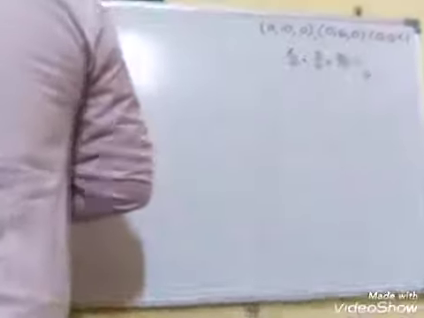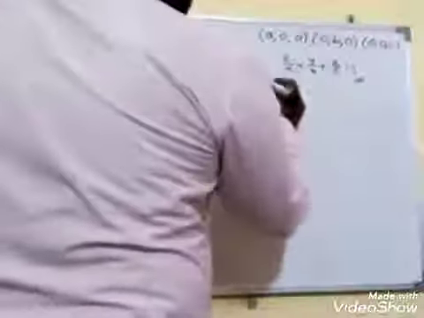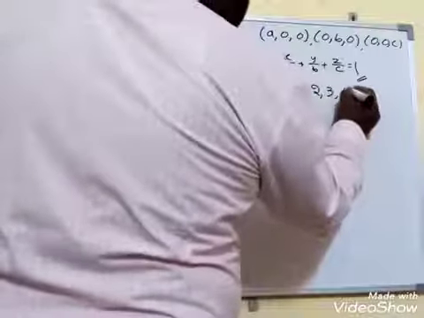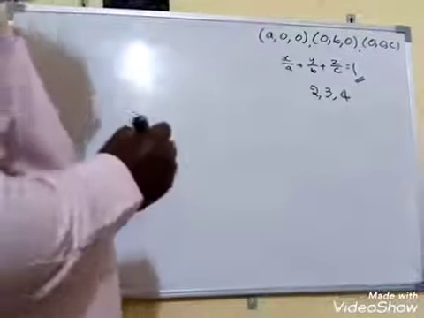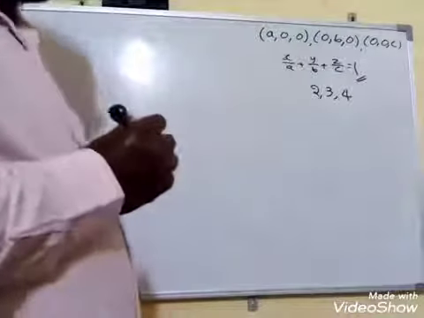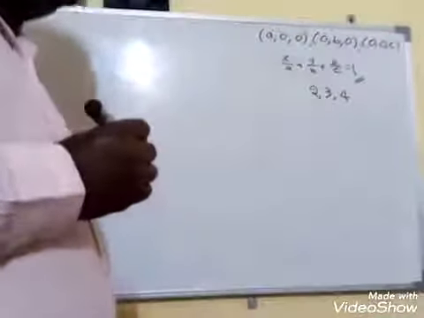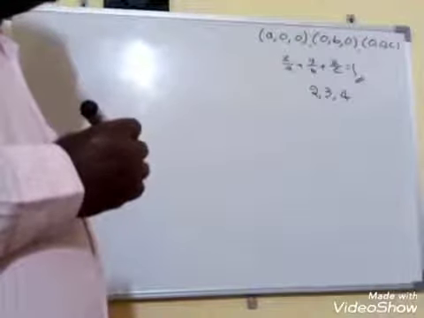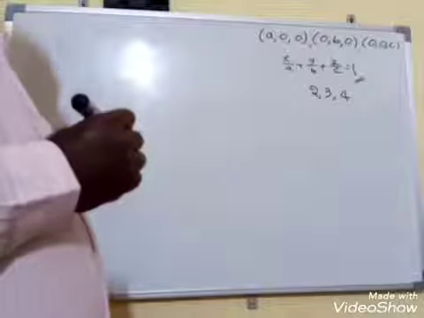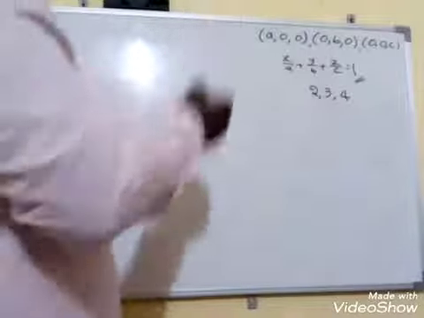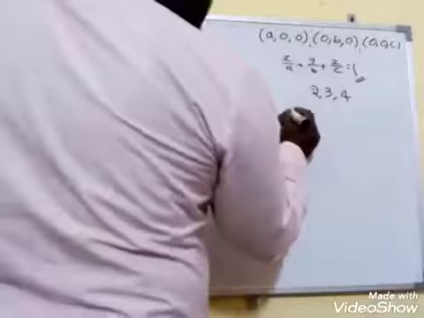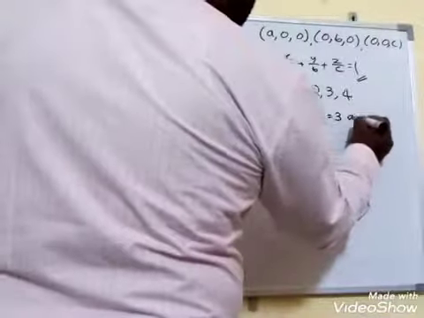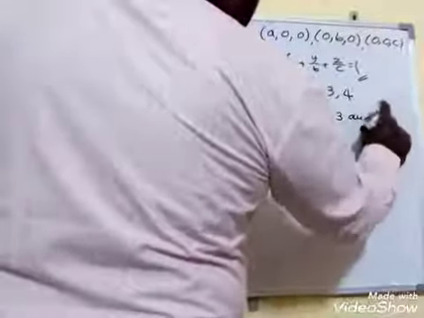Further, one more question is also asked similarly. Find the equation of the plane which makes intercepts of 2, 3, 4 on the coordinate axes respectively. Once again, one more question asked. One more. Find the equation of the plane which makes the intercepts 2, 3, 4 on the coordinate axes respectively. Directly, what is given? Given is A is equal to 2, B is equal to 3 and C is equal to 4.